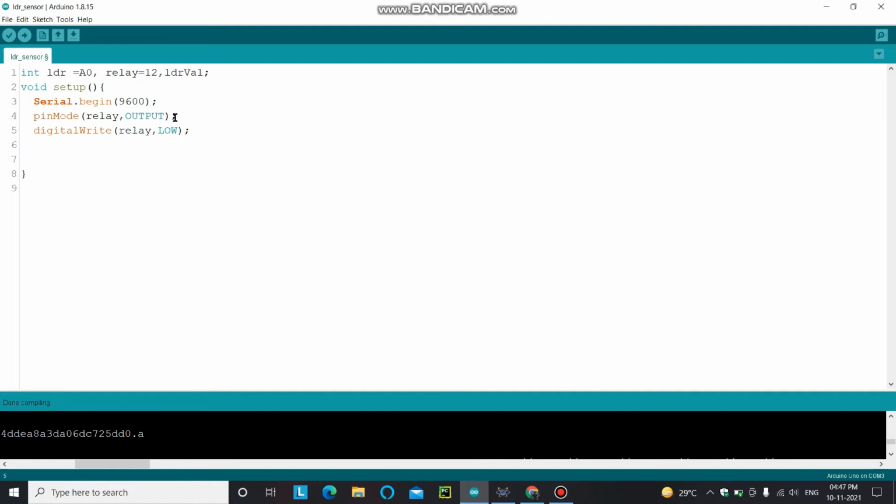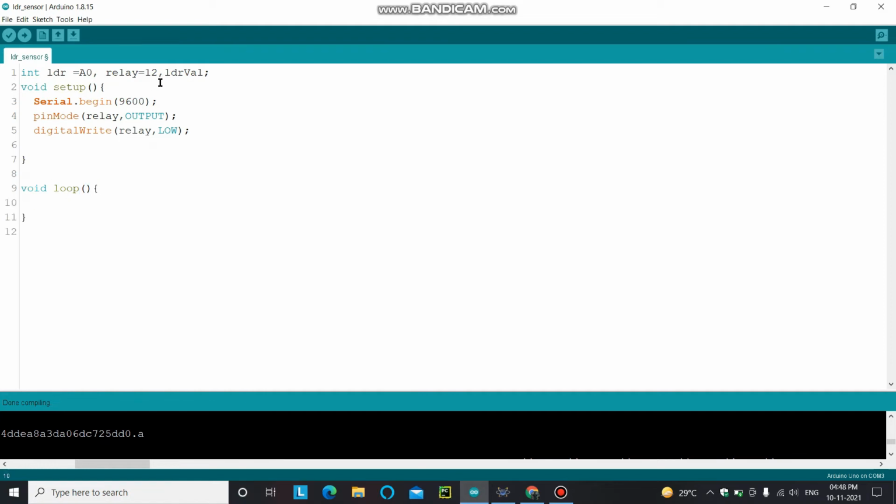In the loop section, we first want to read the output of the LDR sensor and print this output on the serial monitor. So you have to write void loop and start the curly braces.